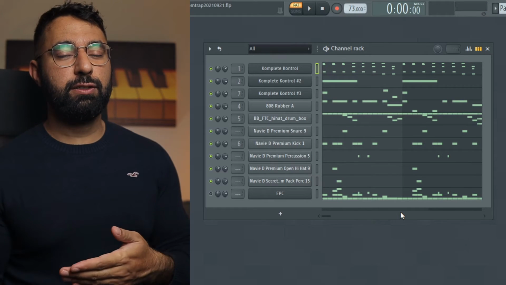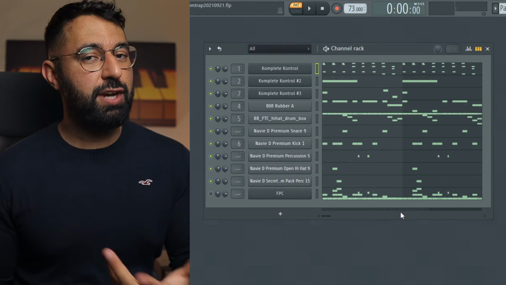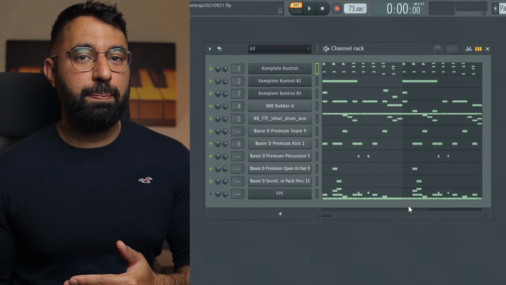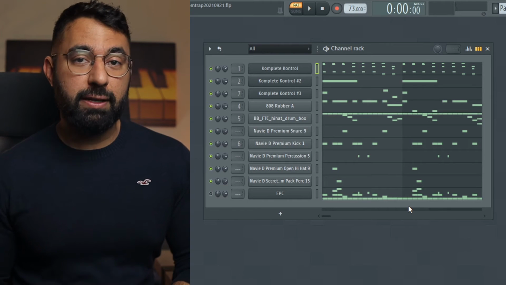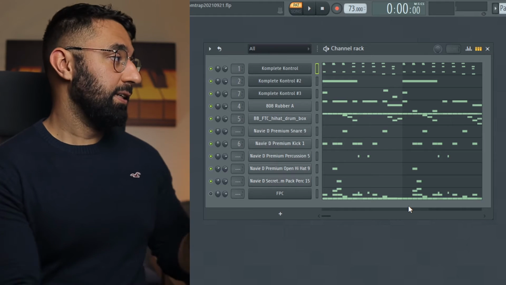Now let's talk about single versus double time. As you can see, I am within the single time range for this trap beat. But if I were to take this beat's BPM and double it, you'll notice a very big difference. If I were to just isolate these drums here for an example and play it in single time,